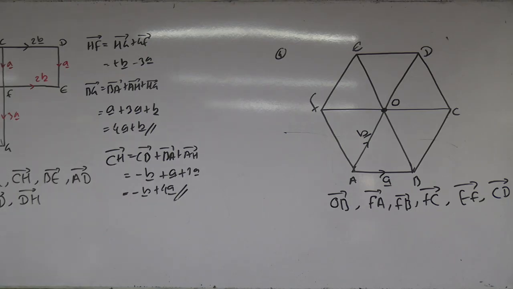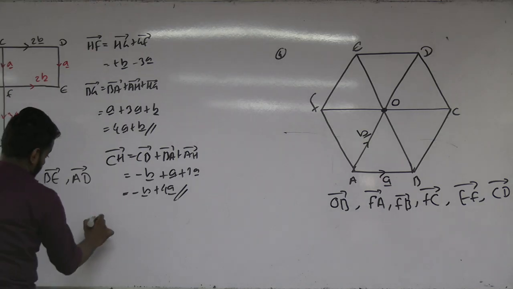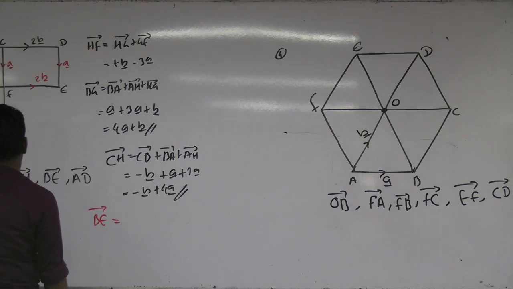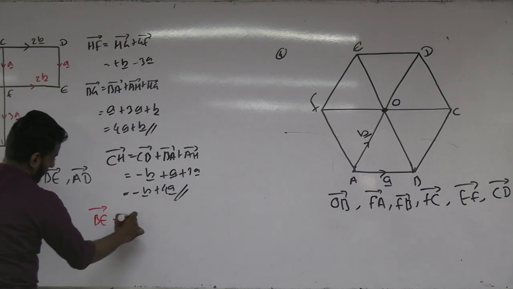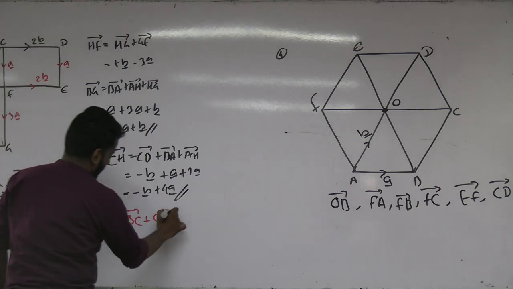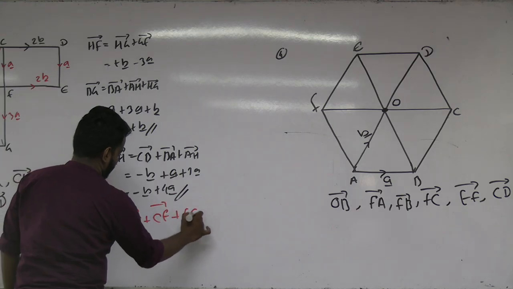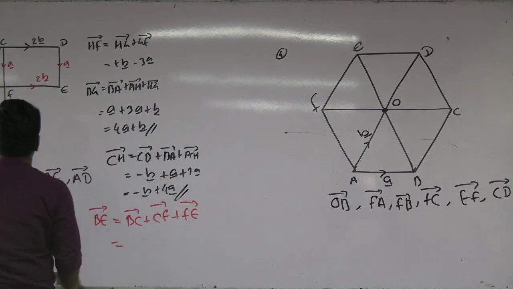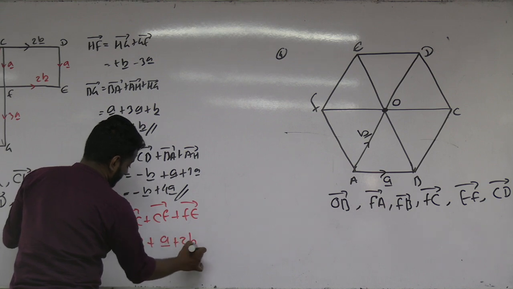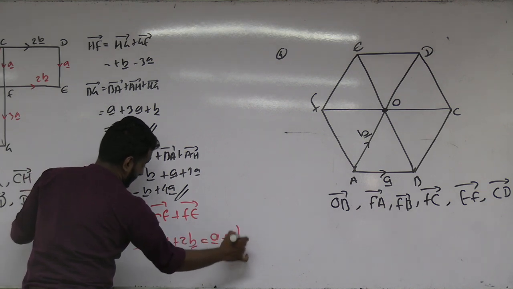Right, so I'll finish this out. Here we have BE. So BE equals, we have already found BG, but that's irrelevant for this. We can write BC plus CF plus FE. So BC is simple B plus A plus 2B, which is equal to A plus